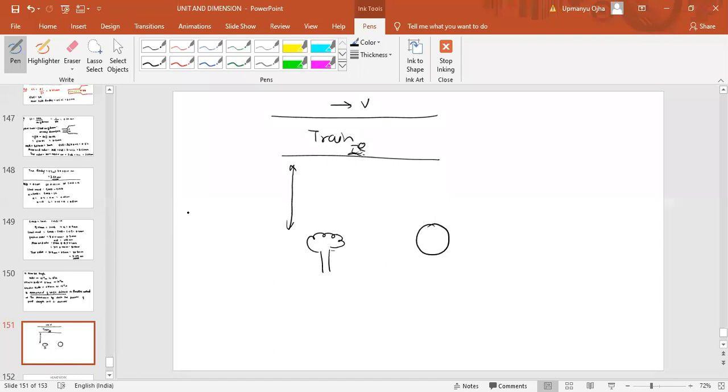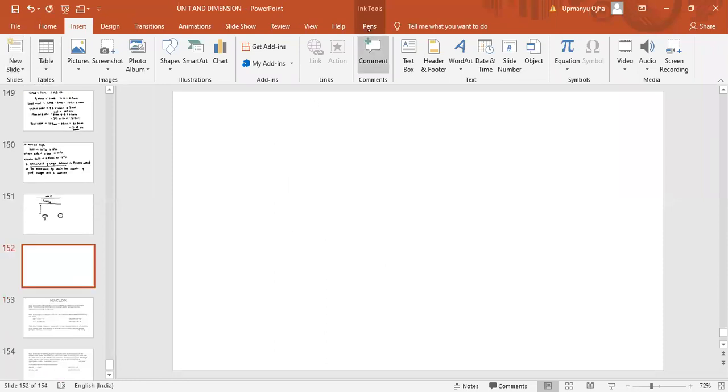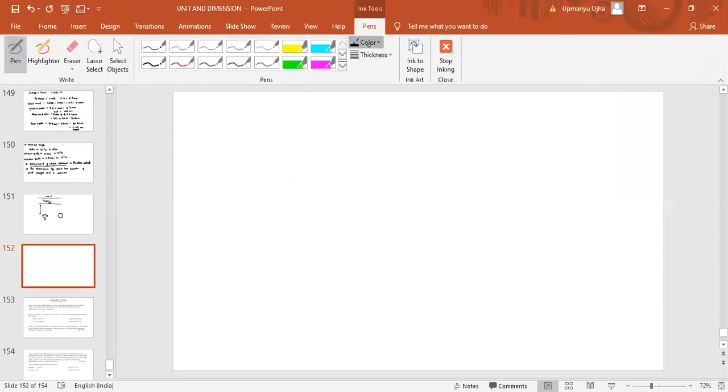Now, how are we doing this? Let us suppose we are on the Earth, like this. If I have to measure the distance of the Moon from the Earth, so this is the Earth now.